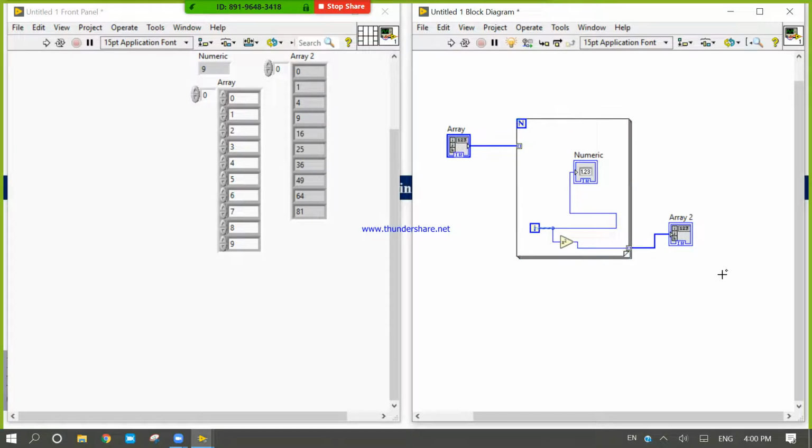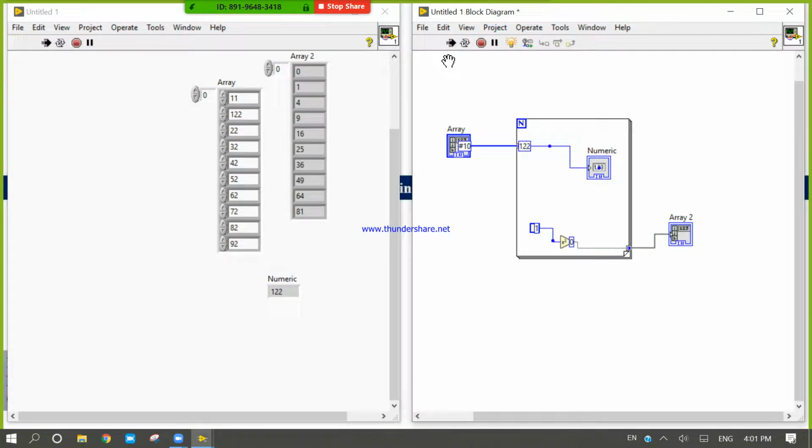Clear, sir? So if a for loop can design one array, then a for loop can break the array also. How? Let's see. Control and delete this wire. Let's connect with this. Now you will see we can read all these values from this platform. Can I change the values? Yes, 11 1 1 2 2 2 2 2 2 2 2 2. You will read these values using this numeric. Okay, let's see.